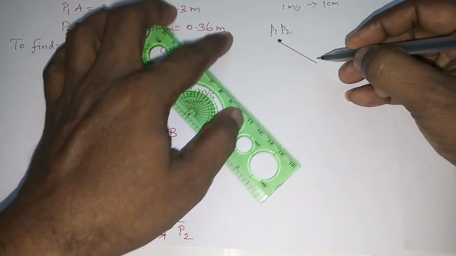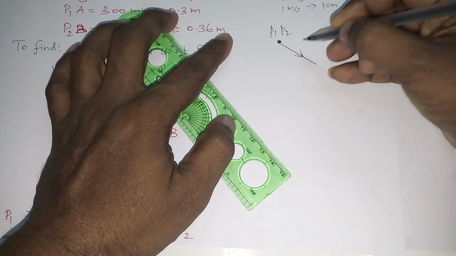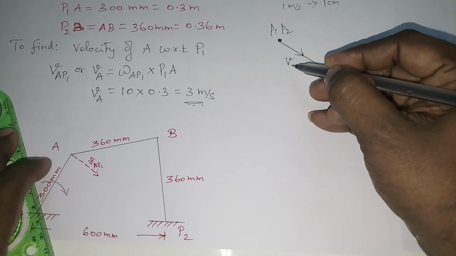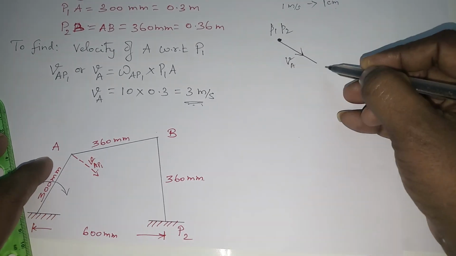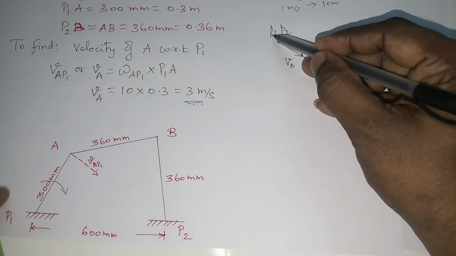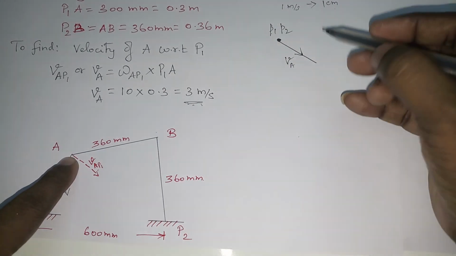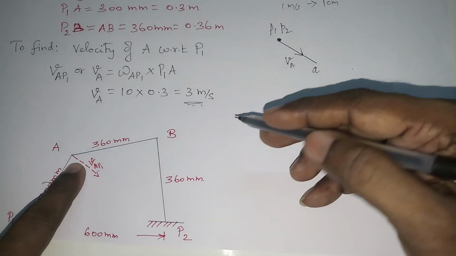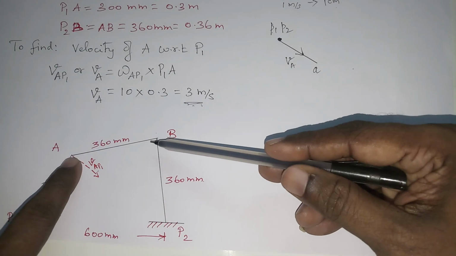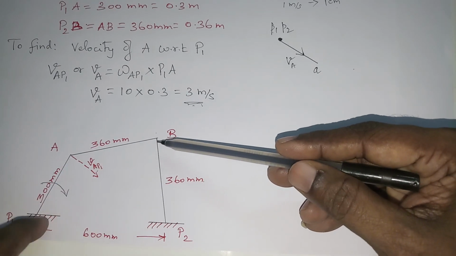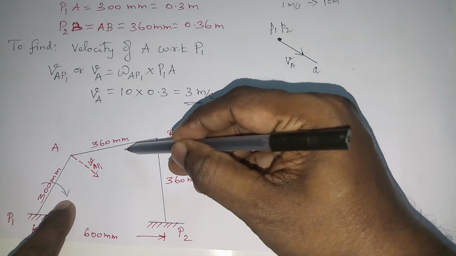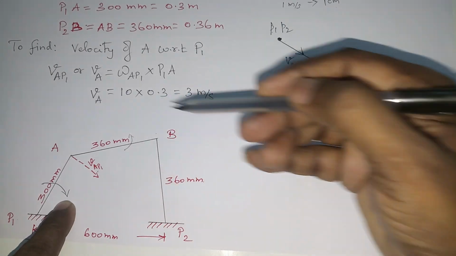Okay, now this is moving downwards. This is the velocity of A. Okay, so P1 is the fixed point and the other end is A, so this will be A. Okay, so next you consider the link AB. Link AB, since this one is rotating clockwise, automatically the other link will try to move in anti-clockwise direction, and